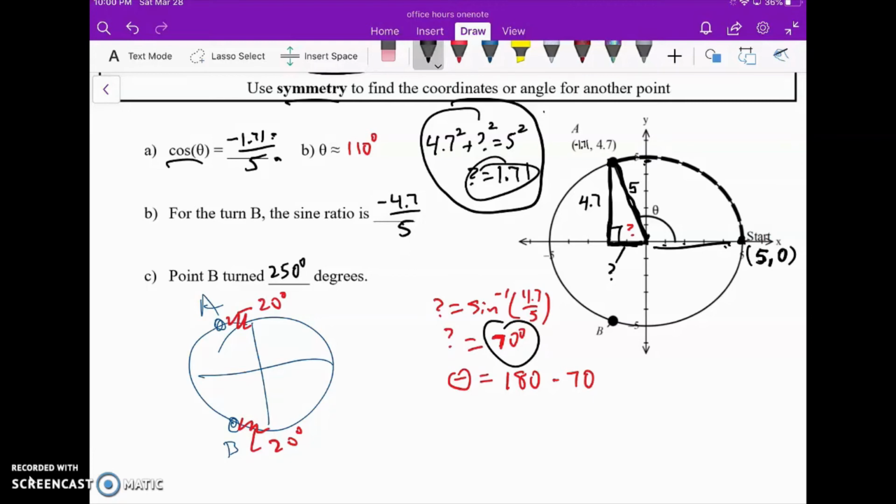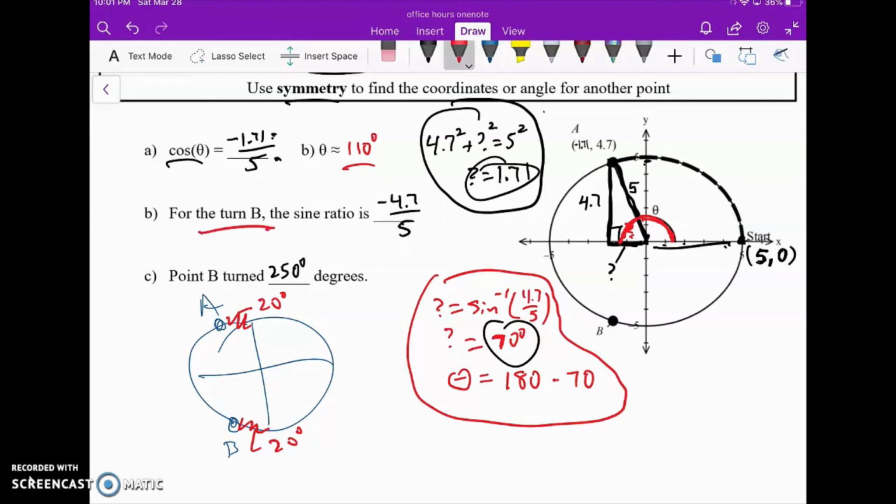Moving on to the angle here. I'm going to highlight the red question mark here. I'm going to get that angle first. One of our key techniques is SOHCAHTOA. So there's a right triangle. The sine ratio for that question mark angle is 4.7 over 5. A little inverse sine gets me 70 degrees for that little angle. The one I really want, though, is theta. So this guy is going to be 180 degrees, right? If we kept turning here, we'd have 180. But I need to subtract out that little 70 part. So 110 is the value for theta, for the turn that goes with